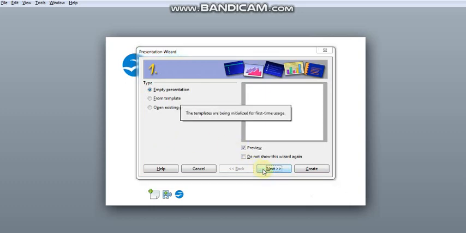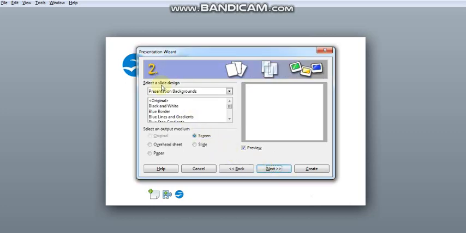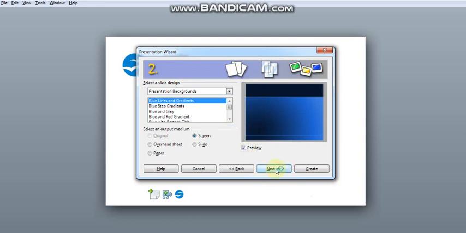Click on Next and it is going to create an empty presentation. If you want to set the background of your presentation, you can select blue line, gradient or so many different types of backgrounds available in Apache which are inbuilt.